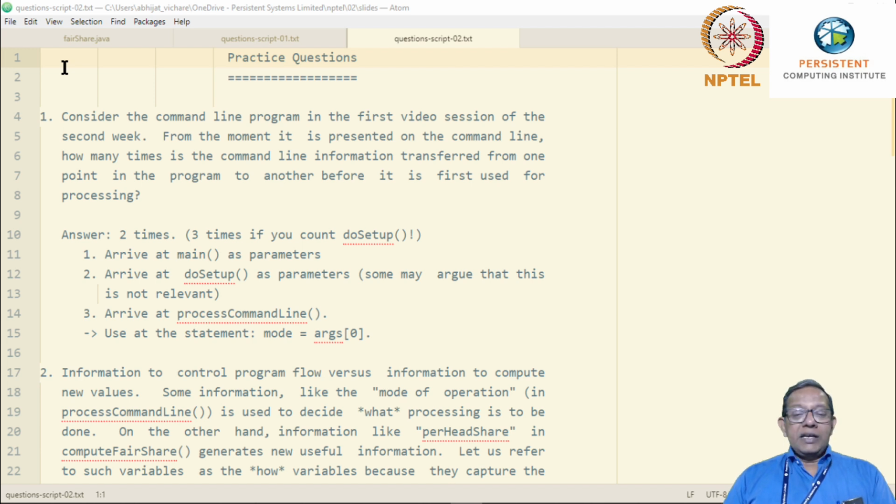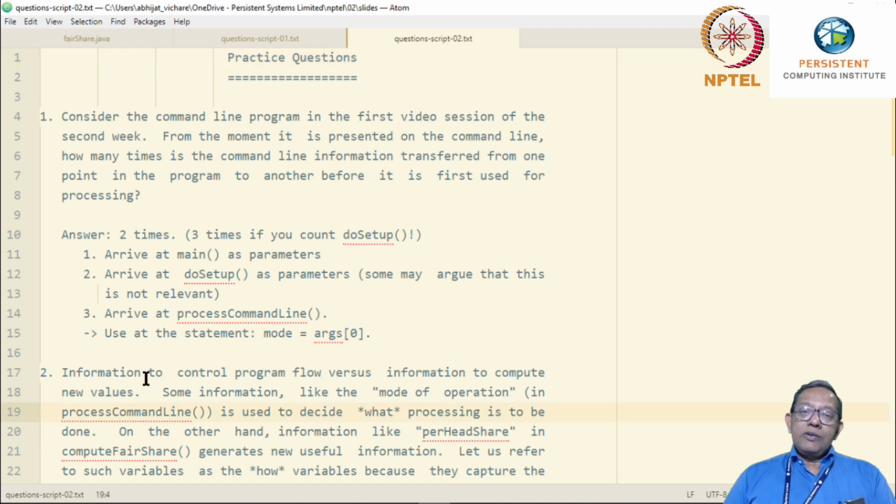Within process command line it gets used. For example, mode is args 0. Therefore, from the moment it is presented on the command line to the point of its actual use, it is transferred twice, or thrice if you consider do setup.